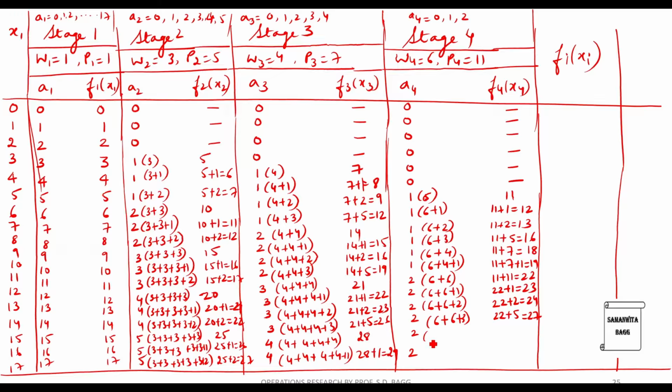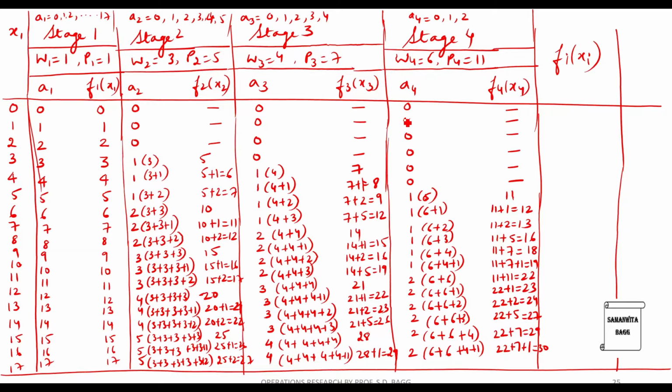And then we have 16. So this is 6 plus 6 plus 4. So this will be 22. For 4 it is 7. So this becomes 29. And the last one is 17. So it is 6 plus 6 plus 4 plus 1. So this becomes 22 plus 7 plus 1. So this becomes 30. Now what you need to do is, once the table is done, you will have to